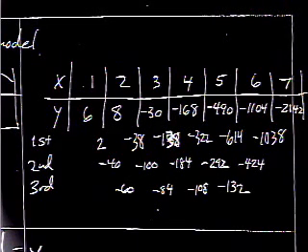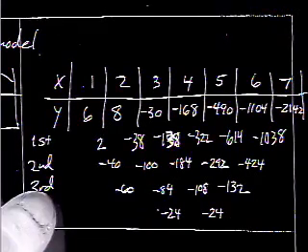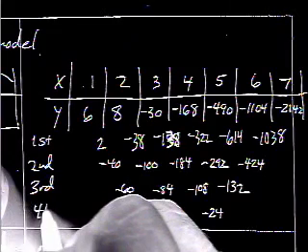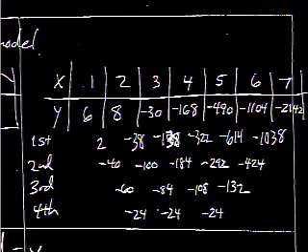Negative 132 minus negative 108 is negative 24. Negative 108 minus negative 84, negative 24. Woo! This is looking good. Negative 84 minus negative 60 equals negative 24. Yay! It worked. On the fourth set of differences, we got the same non-zero constant, which means this is a